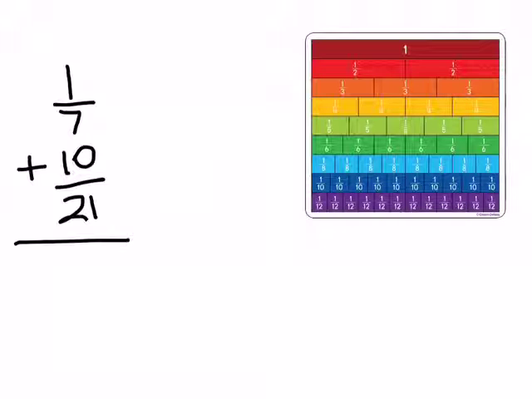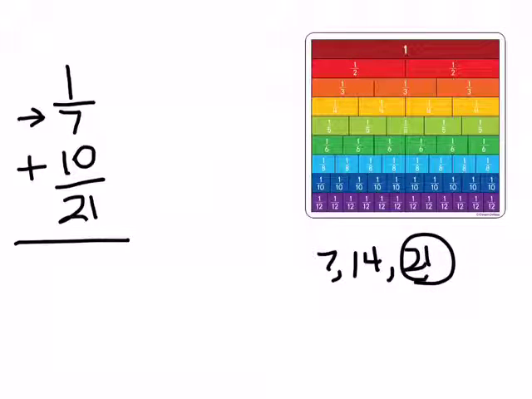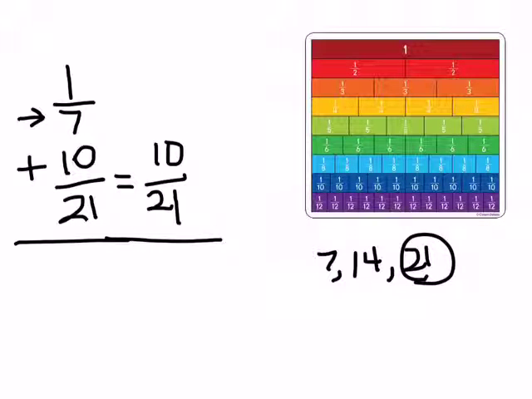I'll need to use a multiple strategy. And I'm going to take the smaller denominator, which is 7, and I'm going to start skip counting. 7, 14, 21. Oh, there it is. Now, if I skip count and I run into the other denominator like I did, 21, then I know that that is the common denominator, that 21 is a multiple of 7. So 10/21 can stay the same. I'm going to extend my line, and then I need to rename 1/7 into